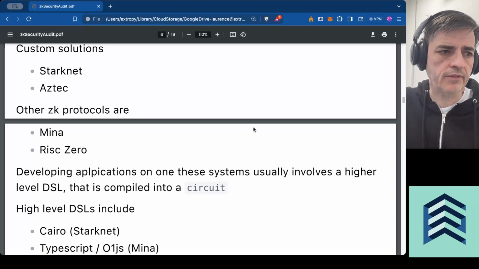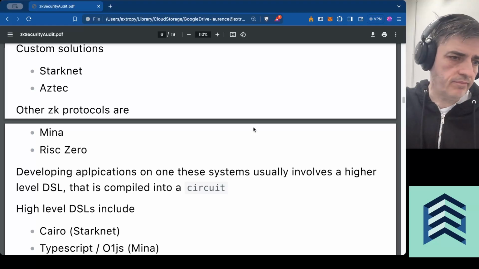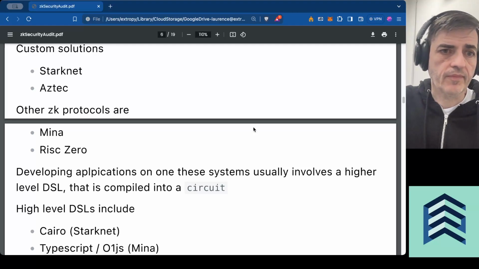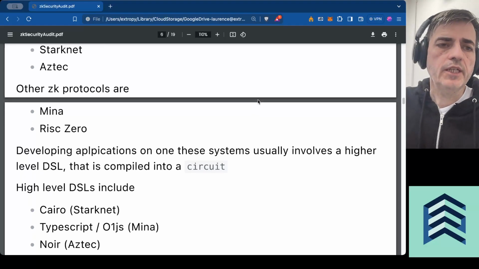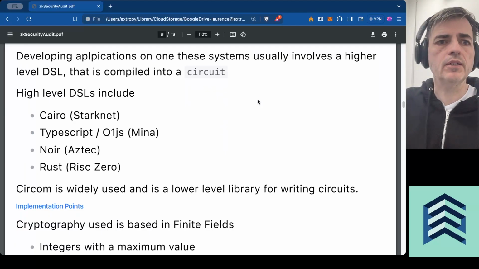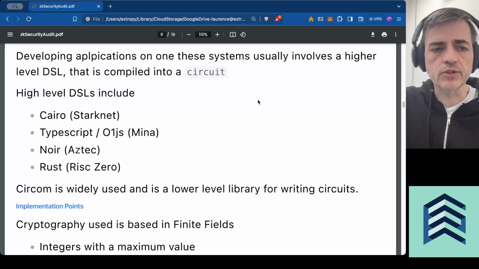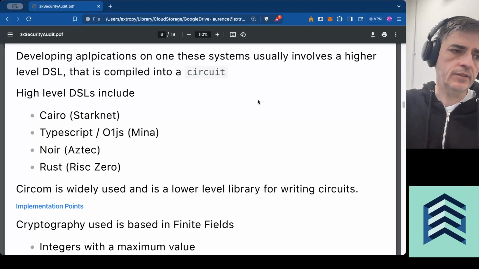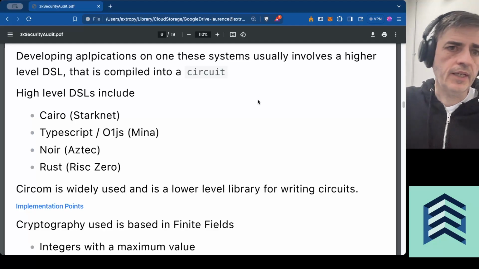It doesn't necessarily have anything to do with blockchain, but it allows you to take any type of binary and create a proof that it has been executed correctly. Okay, so these are some of the major protocols in the space at the moment. If application developers are developing for these systems, what they will tend to do, particularly with the more recent systems, is to write code in a domain-specific language, a higher-level language, such as Cairo, or Noir for Aztec, and